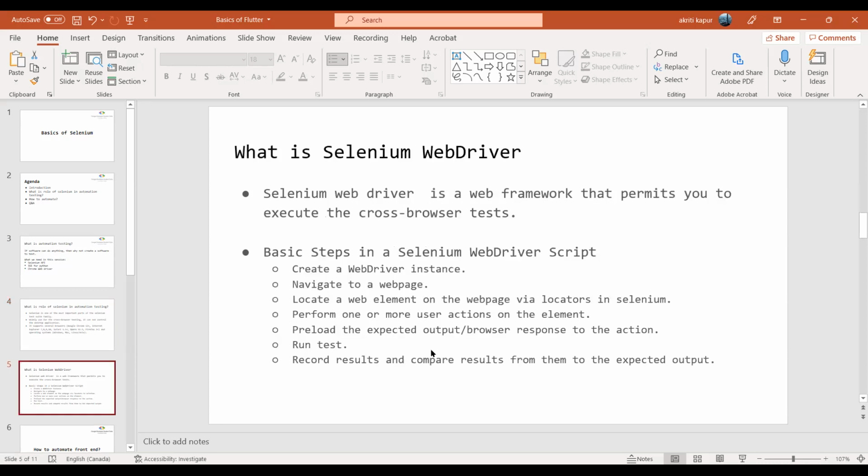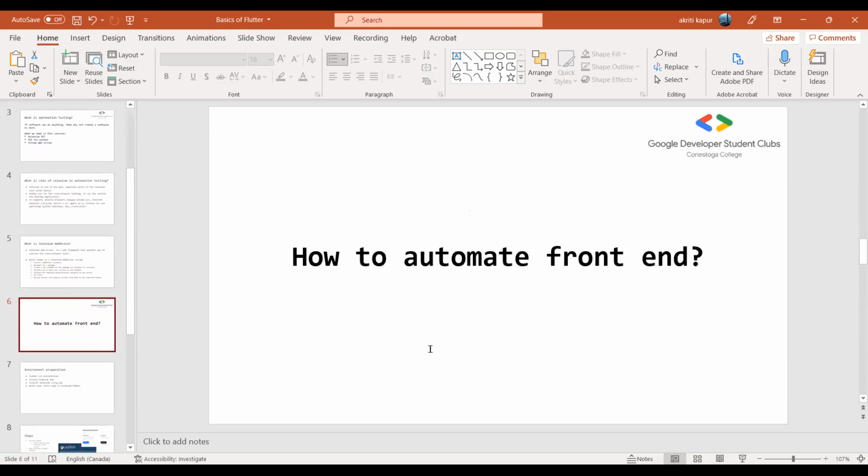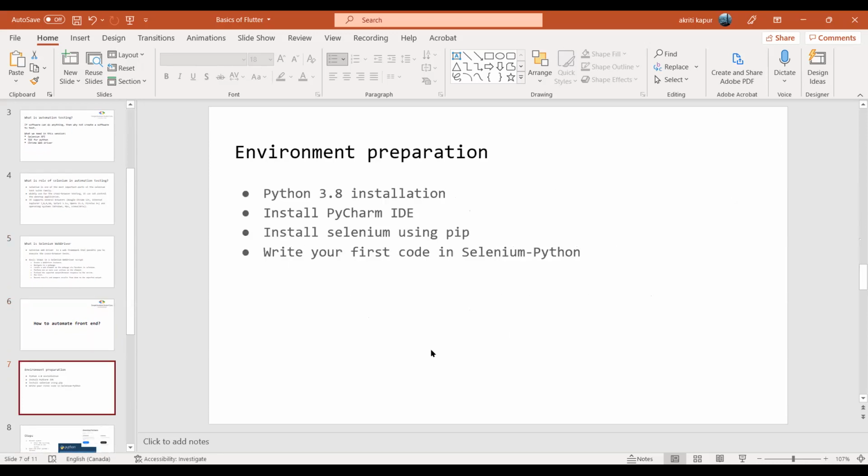Selenium has a basic and most important component, which is Selenium WebDriver. I'll come to Selenium WebDriver after we have completed all our installations and our environment setup. So let's start with the environment setup. Is everybody with me right now? And let's go.